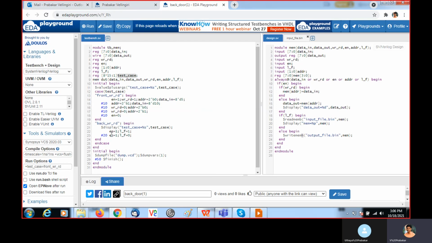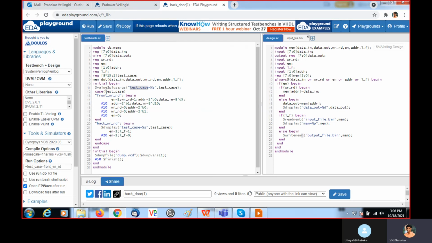Whatever name you declare here, you should use the same name here. +testcase equal to, you can give any string up to 15 characters. Whatever you give will be received in this testcase as a string, with the help of $value$plusargs.